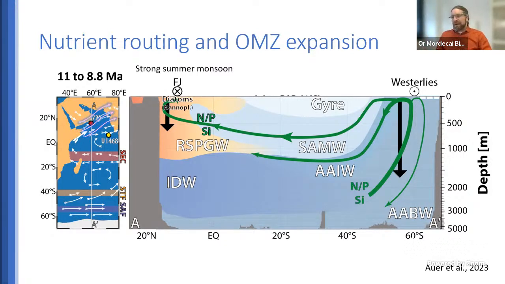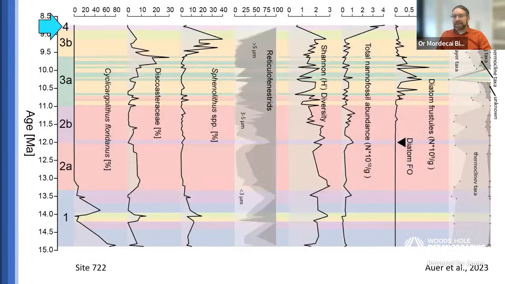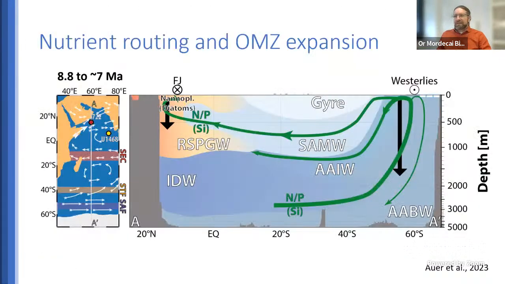So at 11 to 8.8 million years, we do see an apex. And this apex corresponds to a very strong summer monsoon, probably. And then, towards the end of the record, well, we lose the large reticulate finasteride, diversity crashes, total abundances crash, diatoms crash. And you're like, what? But shouldn't this get stronger? No, because it's not just getting the nutrients, it's also getting the right nutrients.